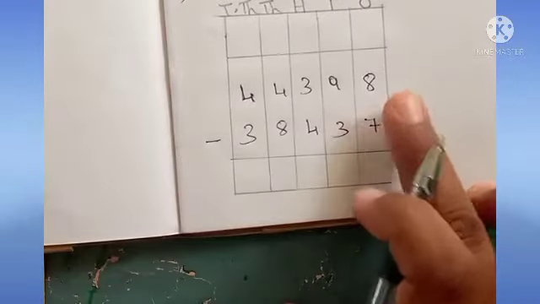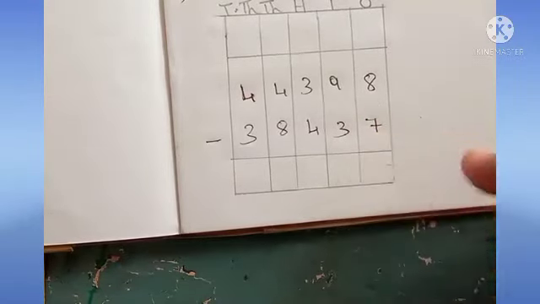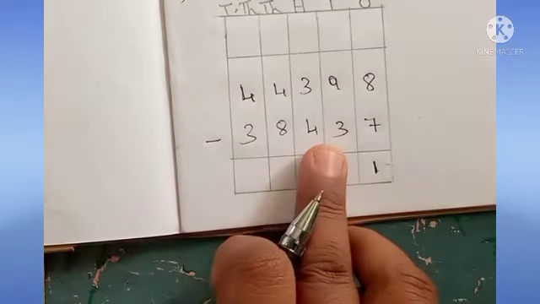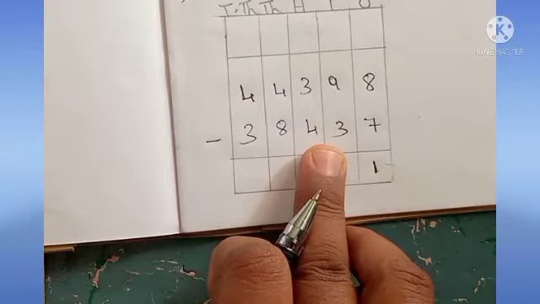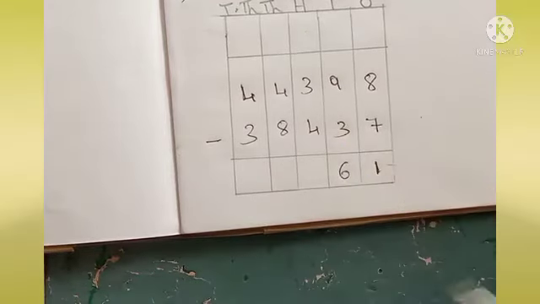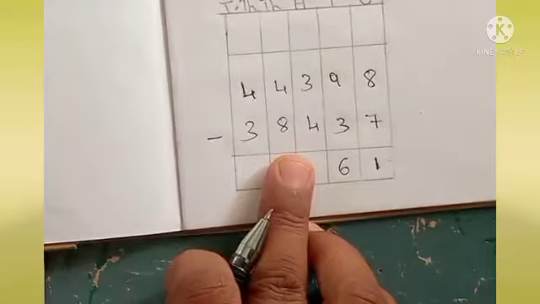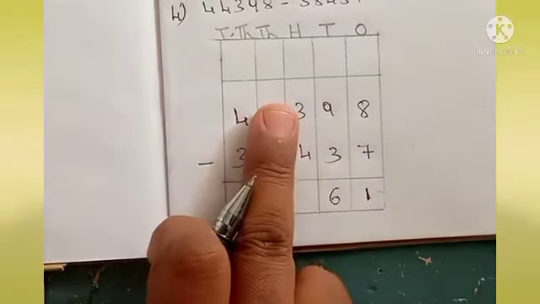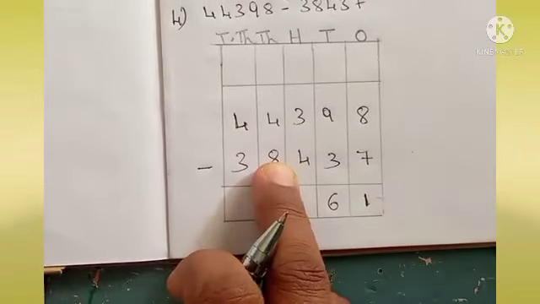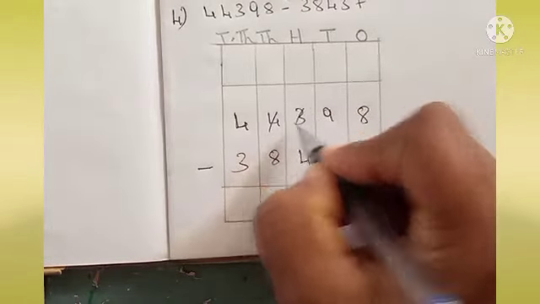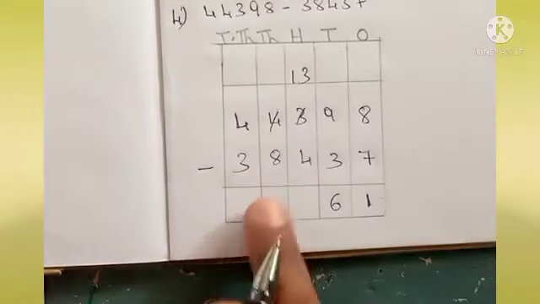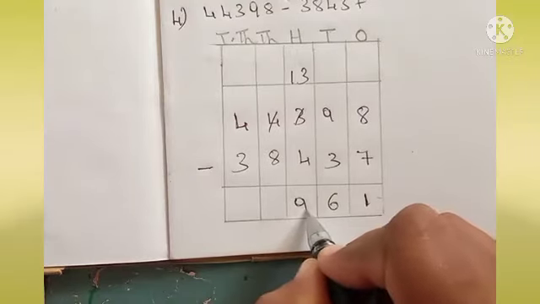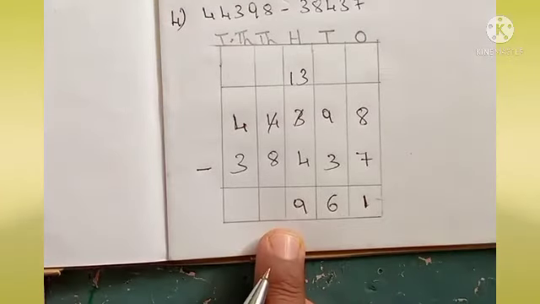Minus. Okay, in 8 can you minus 7? Yes. How much is remaining? 1 will remain, isn't it? Yes. In 9, if you minus 3, how much you will get? 6 you will get. Now in 3 can you minus 4, dear children, in hundreds place? See, there in hundreds place 3 and 4 is they have given. In 3 can you minus 4? No. What you should do? Borrow 1 here. So this will become 13. 13 minus 4, how much? Yes, 9. Isn't it? 9 you will get.